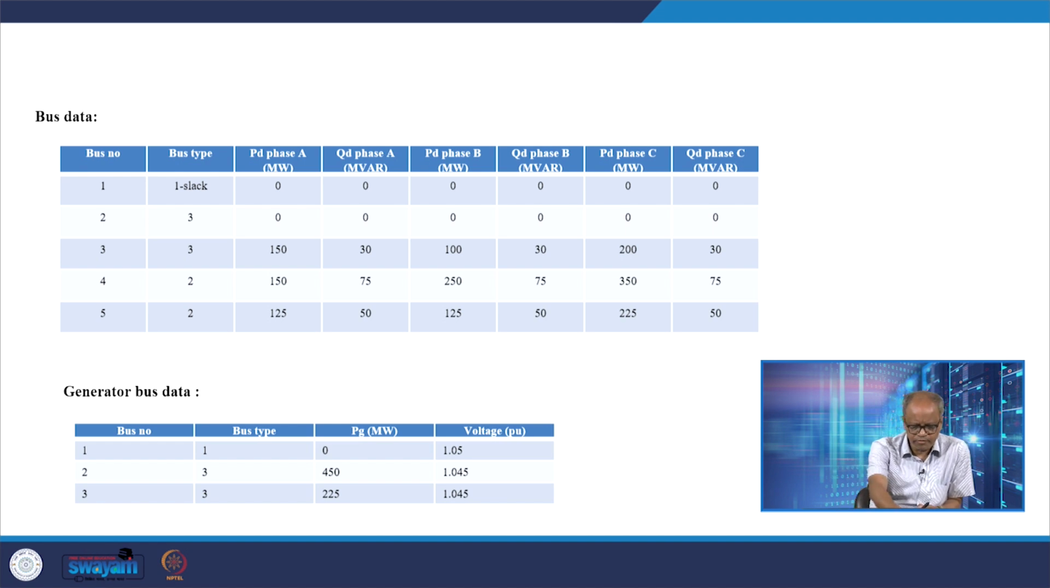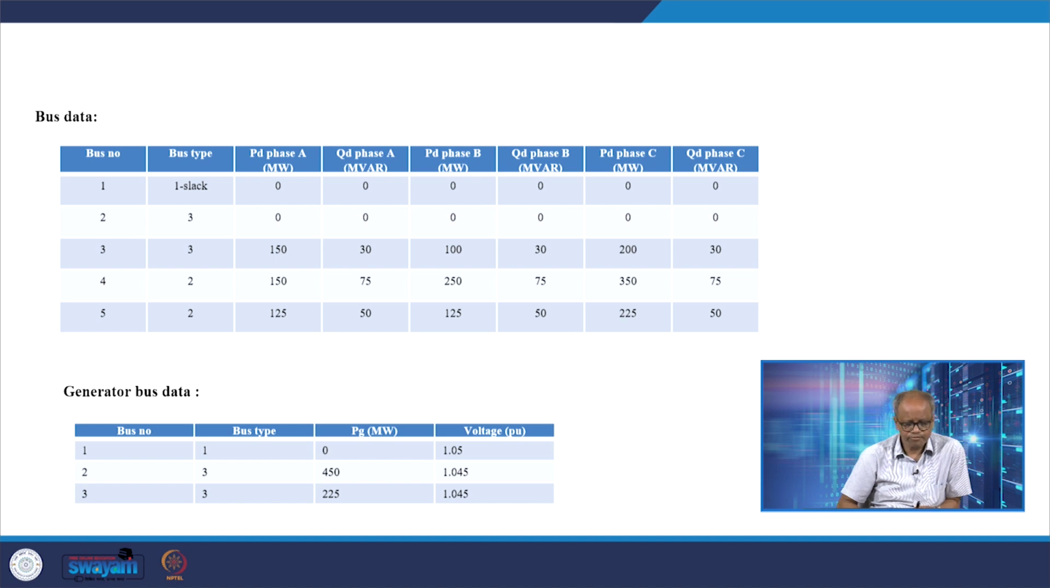So it is, in phase A 150 megawatt, phase B 100 megawatt, phase C 200 megawatt, and 30 MVAr in phase A, 30 MVAr in phase B, 30 MVAr in phase C. And bus 4 and bus 5, these are also loads. So 150, 250, 350 in phase A, phase B, phase C in bus 4 in megawatt, and in MVAr 75,